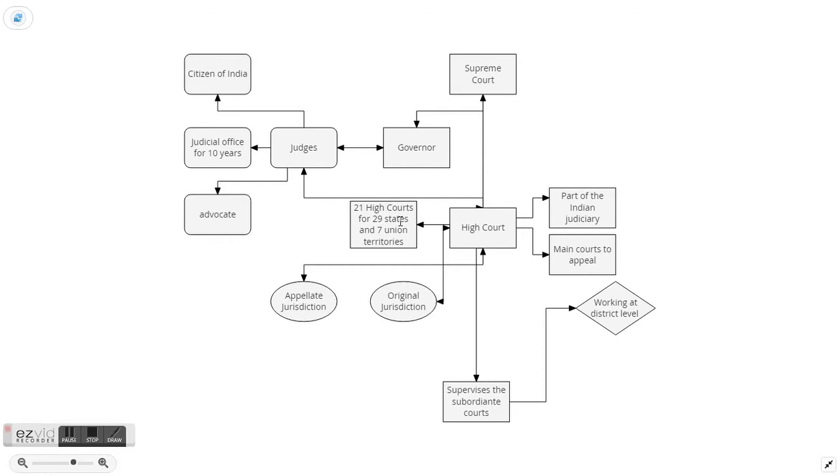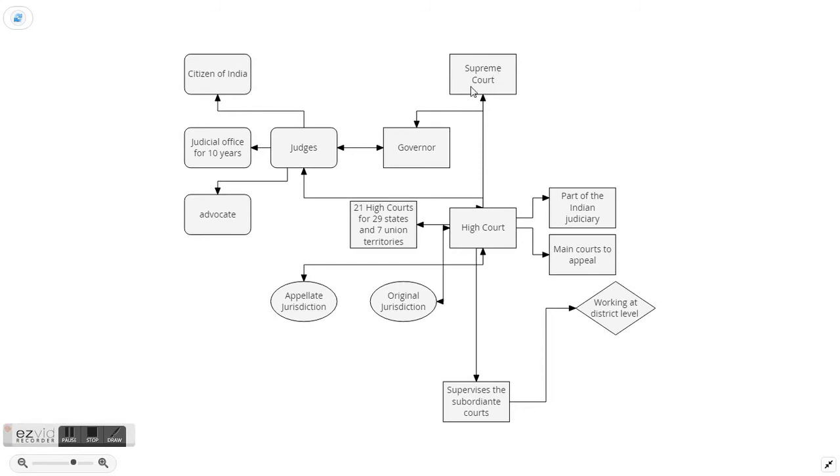There is a high court for each state. So every state has its own high court, and there can be a common high court for 2 or more states. Every high court has a chief justice and a number of judges. The number of judges varies from state to state. There is no sticking to certain numbers, so it varies based on the states.